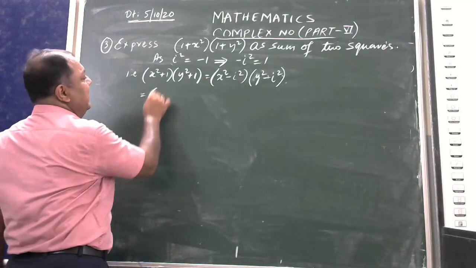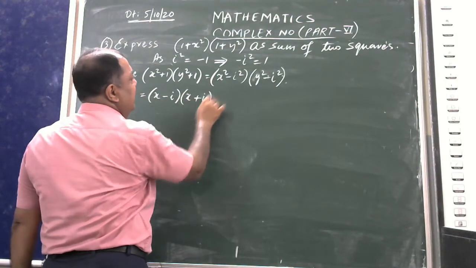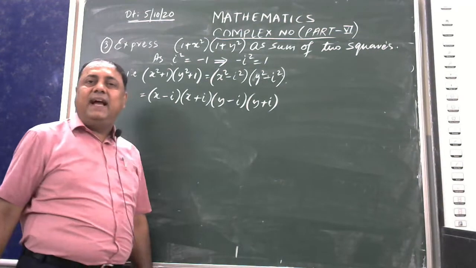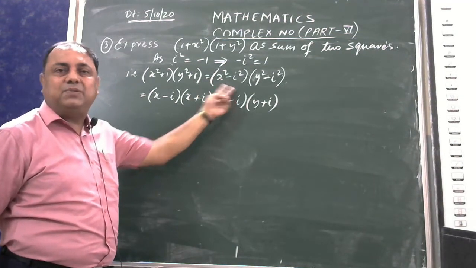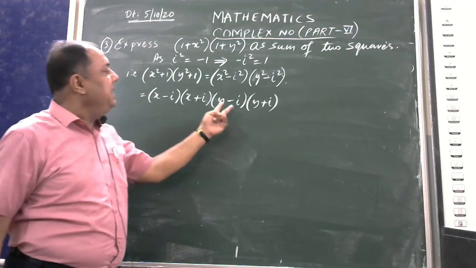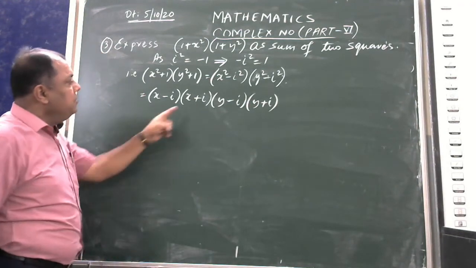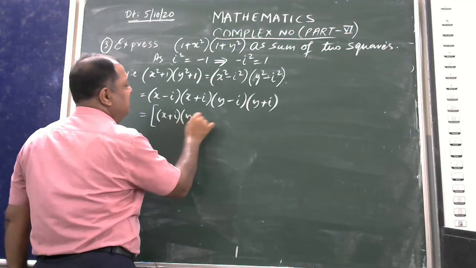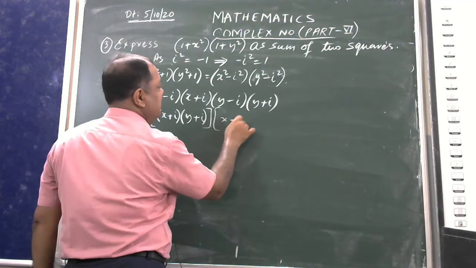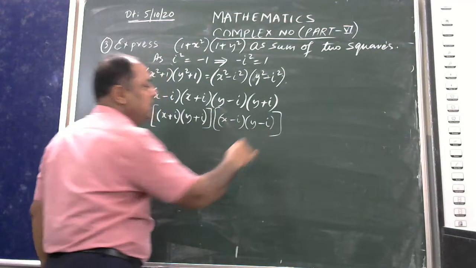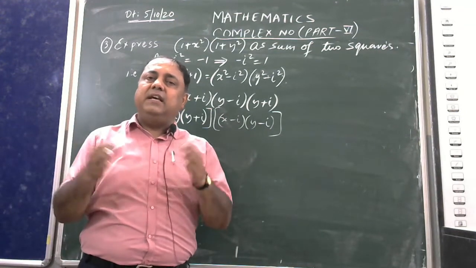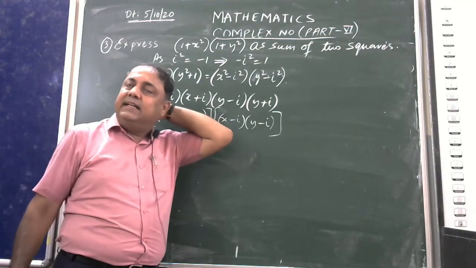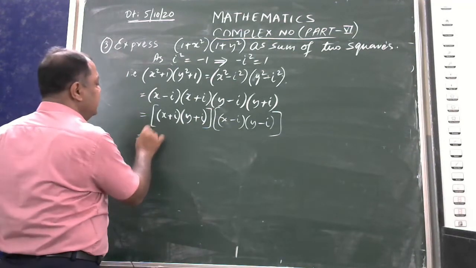So this is equal to x minus i, x plus i, y minus i, y plus i. I have factorized this using a square minus b square, a minus b, a plus b, and now these terms are multiplied. x plus i, y plus i into x minus i, y minus i. Both the positive quantities are multiplied together, x plus i and y plus i, and x minus i and y minus i are multiplied together. I may write this as xy